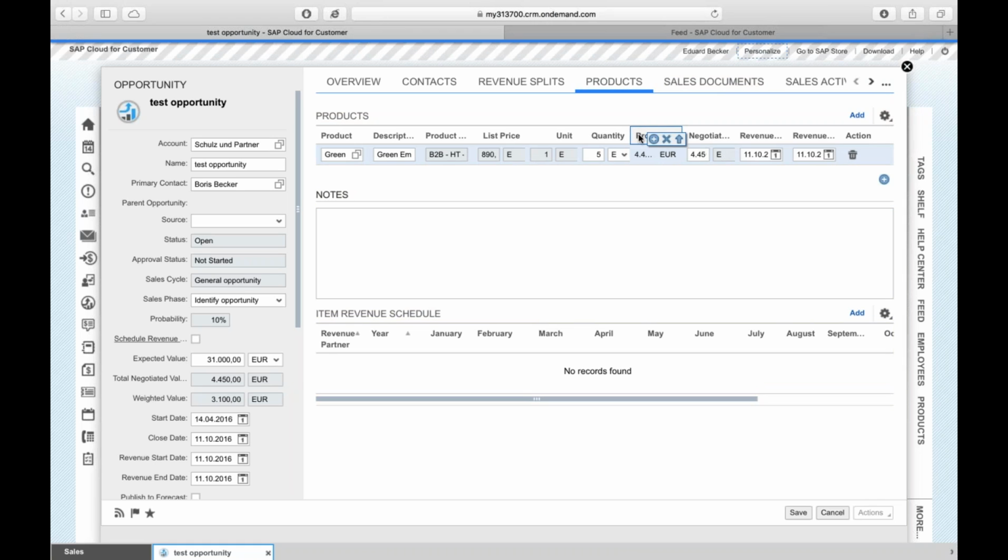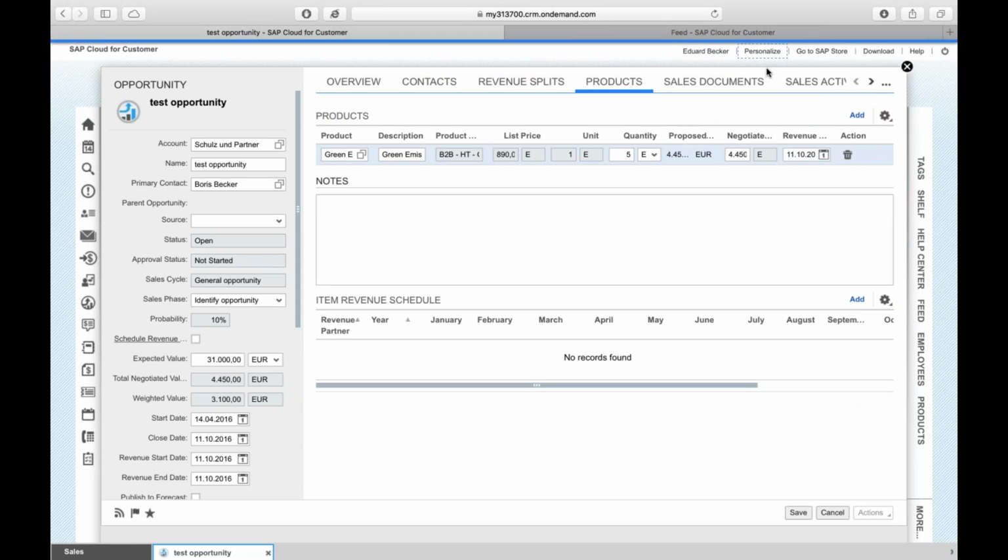I will move my mouse on top of the value which I want to remove. For example, I will not need the revenue start date. That is why I'll hide it from my screen so that I have a bit more space here. When I'm done with the personalization, I can click Personalize and Personalization. This will affect only my screen. There is an extensibility tool which allows power users to extend the screens with new functionalities or change the layouts. But the thing which I'm currently showing is the end-user personalization, which just allows you to rearrange your screen.